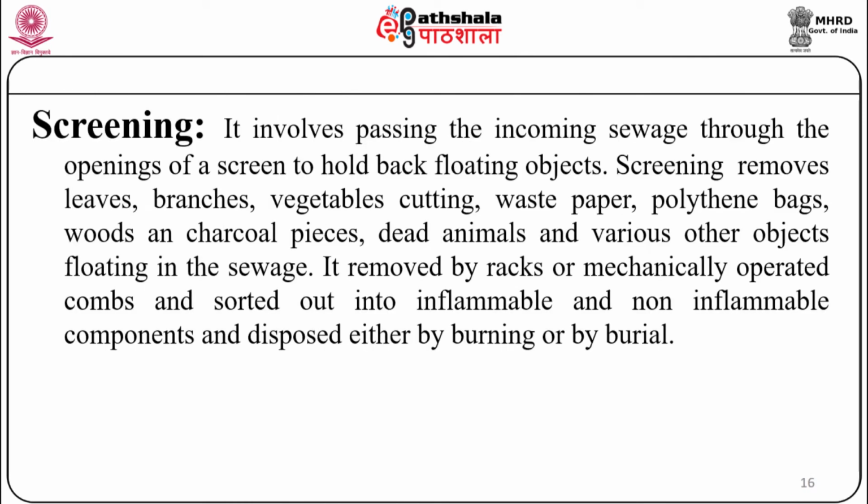Now within the primary system, the first step is screening. It involves passing the incoming sewage through the openings of a screen to hold back floating objects. So bigger objects are held back against a screen. Screening removes leaves, branches, vegetable cuttings, waste paper, polythene bags, wood or charcoal pieces, dead animals, and various other objects